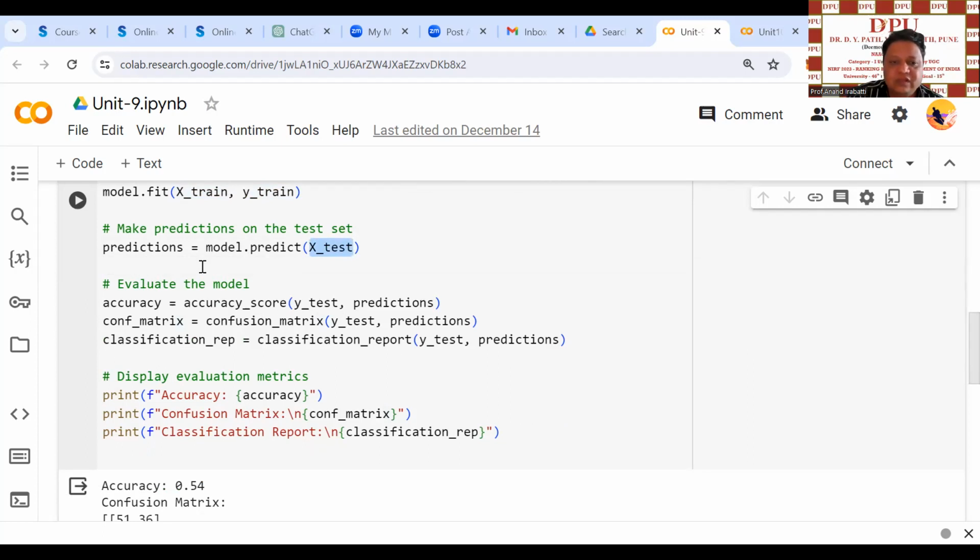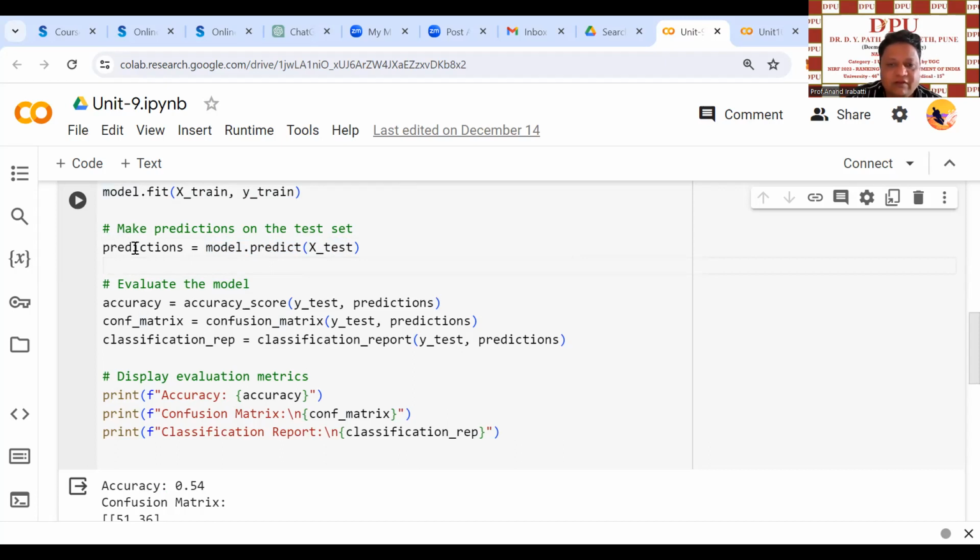I'm asking my model to predict for the unseen data, the 20% of the data that I split in the previous step. So model.predict's argument is X_test. Now the model will make predictions for this X_test data, and the results are stored in the predictions